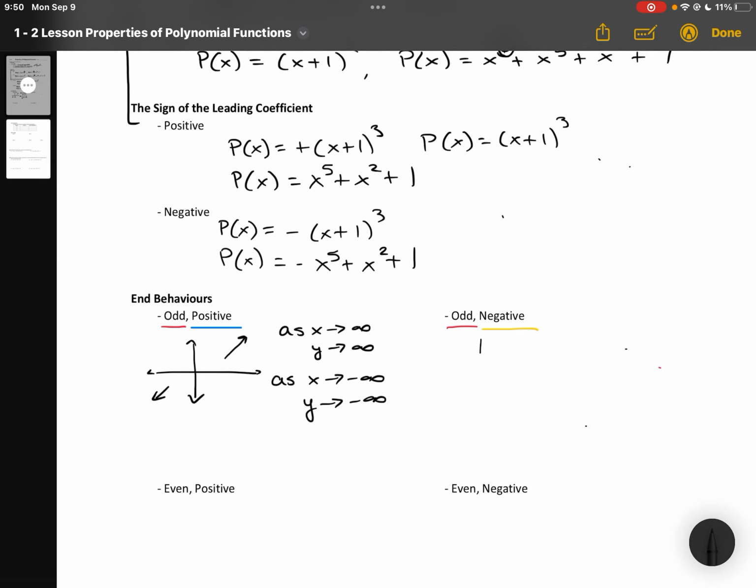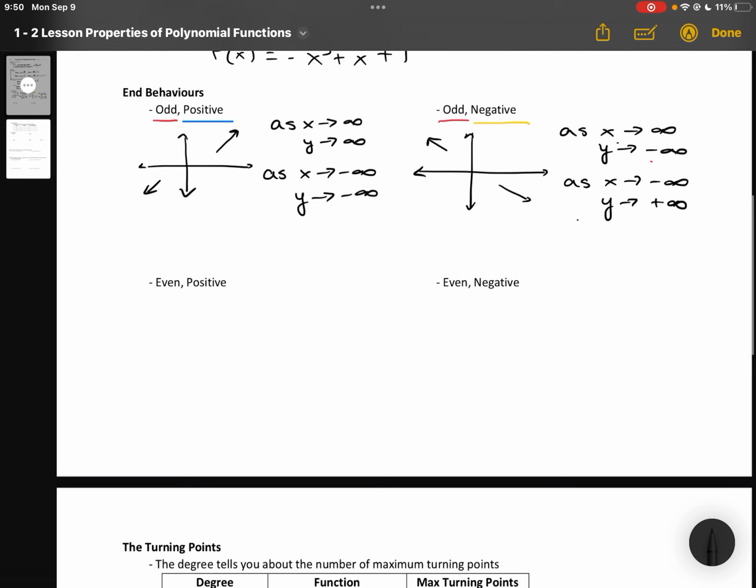So we've got our little grid here. If it's odd negative, that's the same as a line with a negative slope. It is falling to the right. And so that means as x goes to positive infinity, y goes to negative infinity. And as x goes to negative infinity, y goes to positive infinity. The other two situations that we have are even